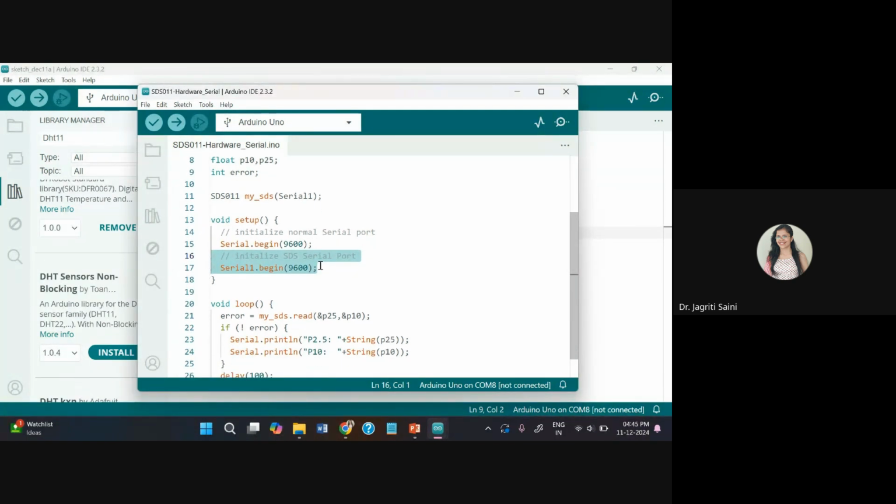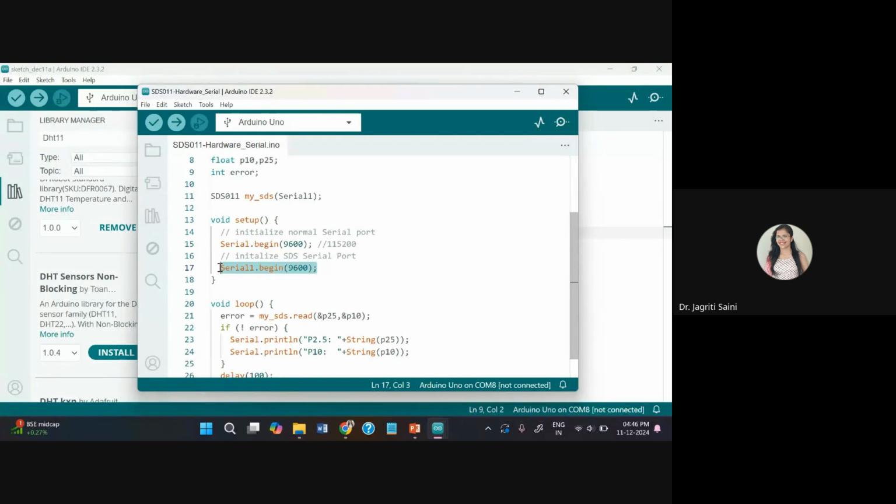Depending upon how many serial port connections you are using for this transmit and receive line, accordingly you may have to decide multiple baud rates. They can work on the same baud rates, or you can assign different baud rates depending upon the sensor requirement. For example, in case of the serial monitor, I can even assign the other baud rate that we discussed earlier, 115200. But the SDS sensor works only on 9600. If I try to change its baud rate, it will not give you results. So accordingly, you may first need to check the specifications of the hardware,